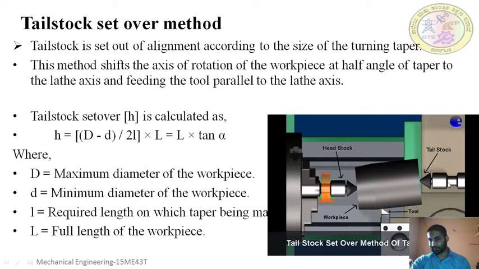Now you can see here the tailstock is set over at some angle which is equal to the half taper angle. As I explained earlier, if a 30-degree taper is required in the workpiece, the tailstock set over calculation is done, and it is set to a distance such that the half taper angle is obtained on one side. Because if you machine the half taper angle on one side, it will automatically produce the full taper angle on the workpiece. In the normal case, the axis of the headstock or the chuck matches with the axis of the tailstock.